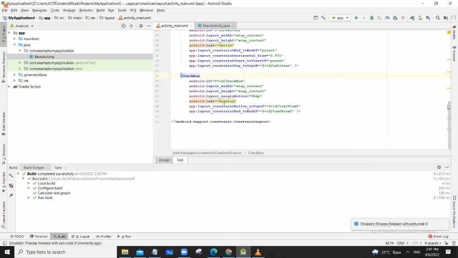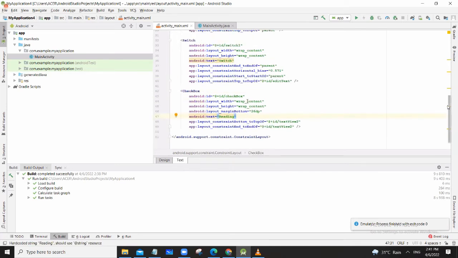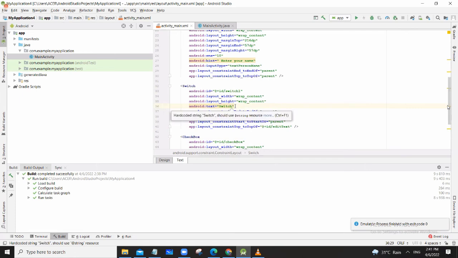You can see this is the text. Sorry, this is a switch. Let's see this as